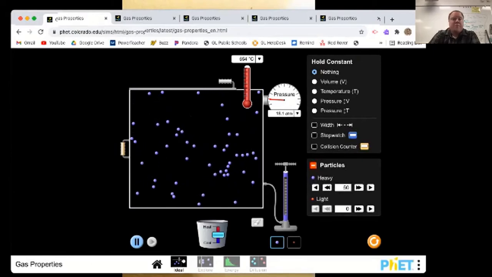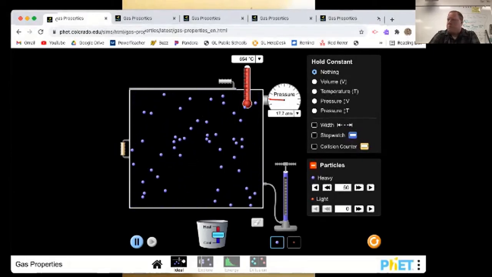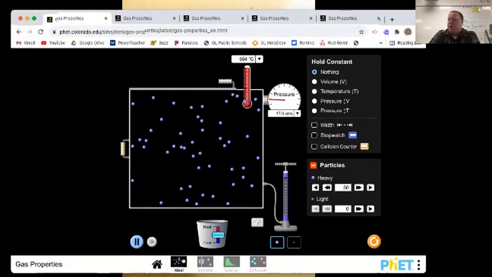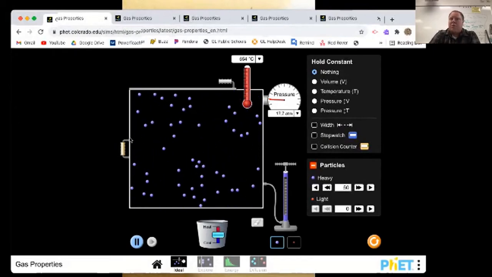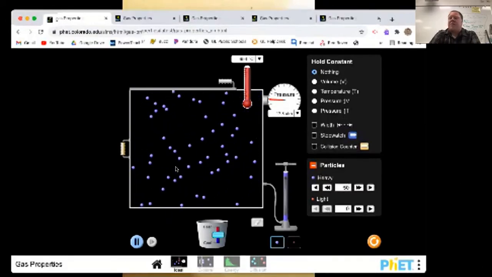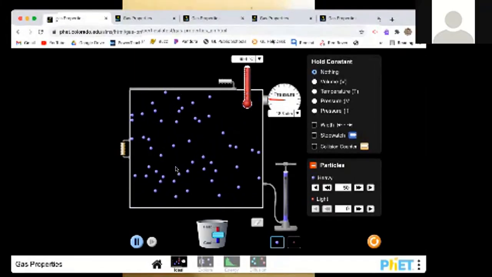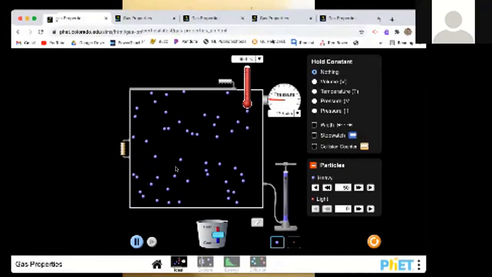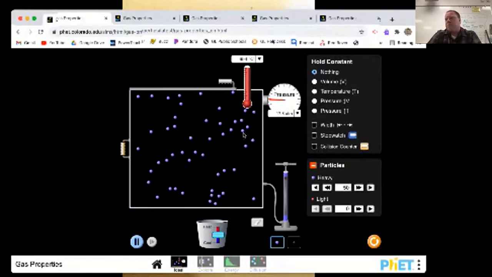Are they moving faster? Yes, they are. So by adding more energy to them, what changes? Particles start to move quicker. So temperature is actually basically speed. It's like how fast these particles are moving. Okay. So that is what temperature is. It's just the motion of these particles, and temperature is an average.